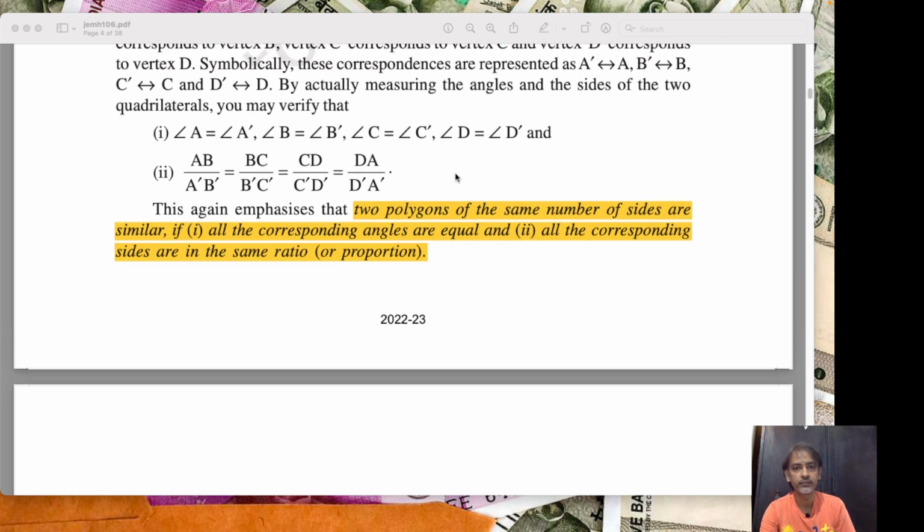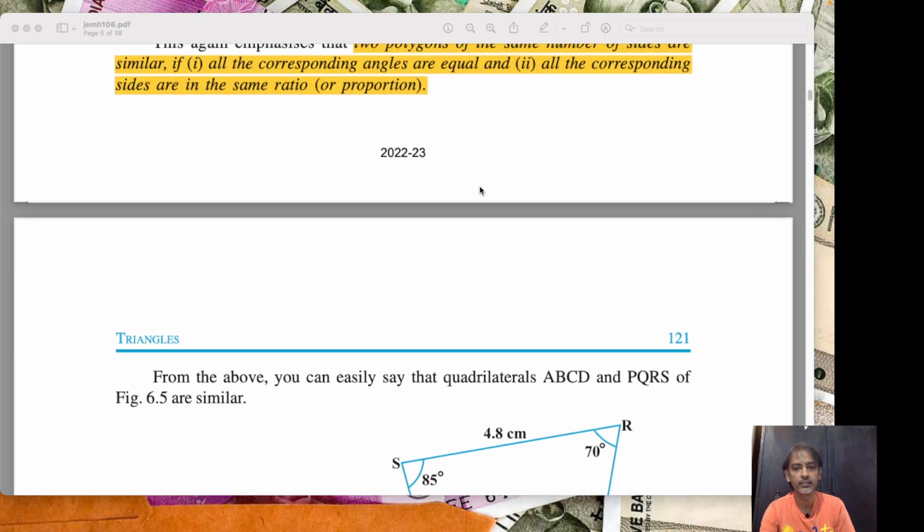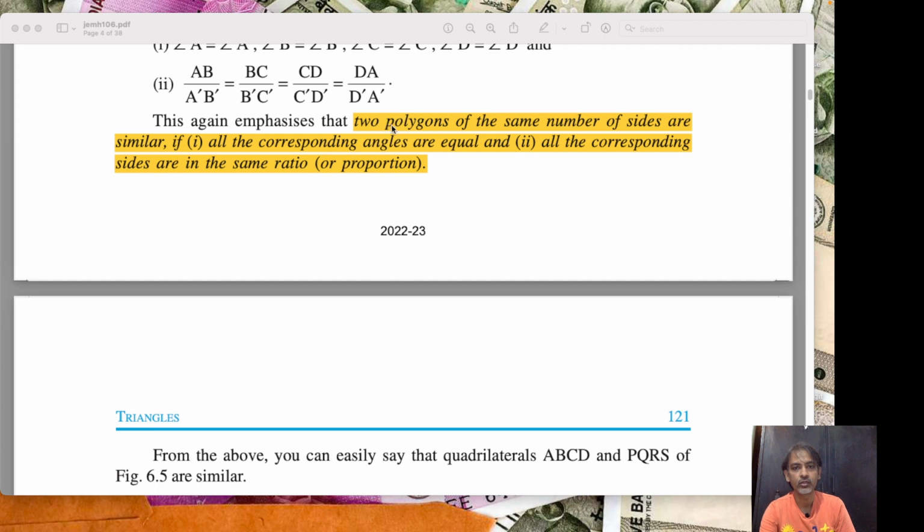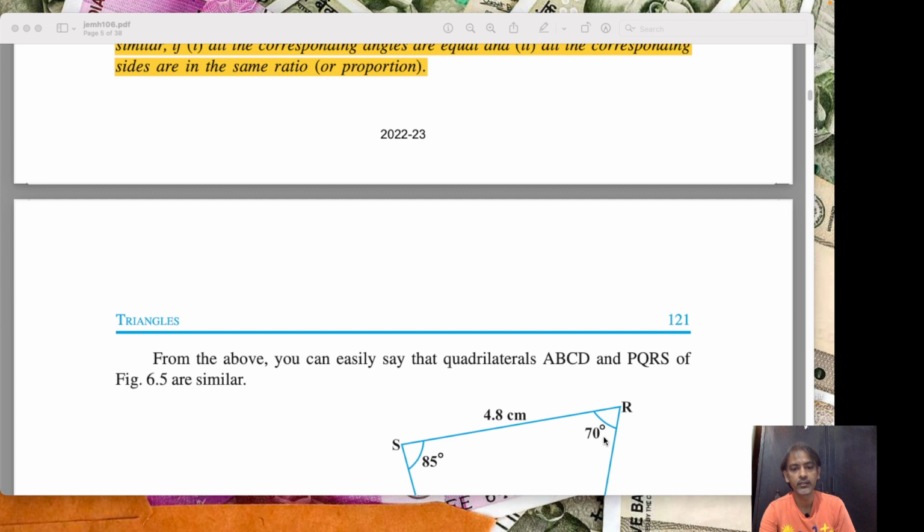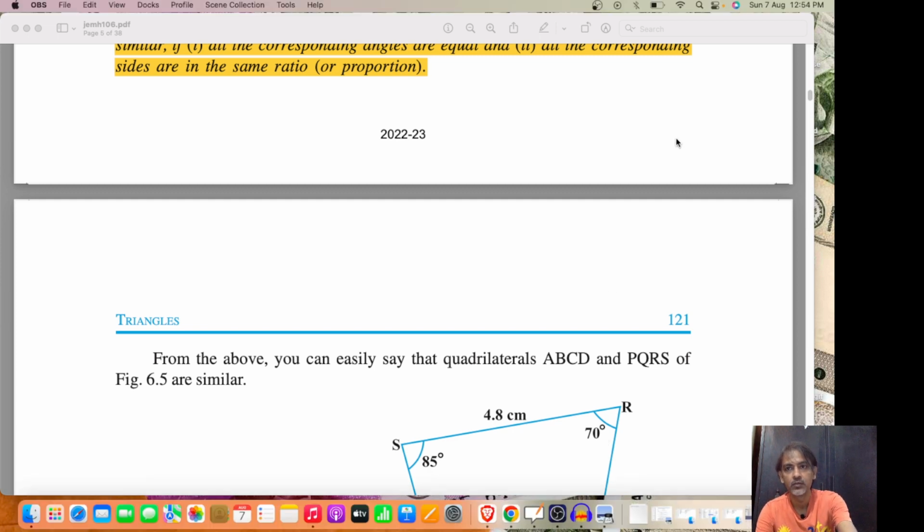Then this is the final concept. They have talked about how two polygons of the same number of sides are similar if all the corresponding angles are equal and all the corresponding sides are in the same ratio. So you can understand in our example what we had done,